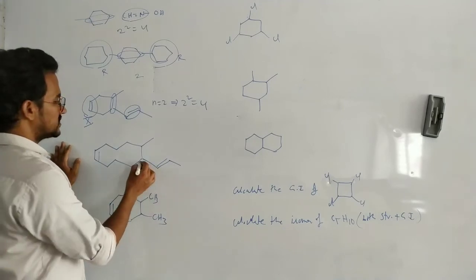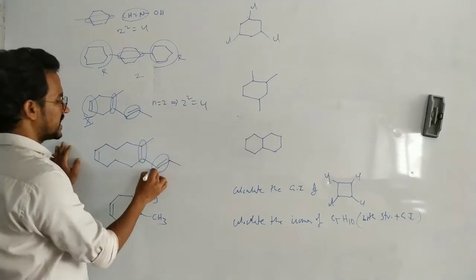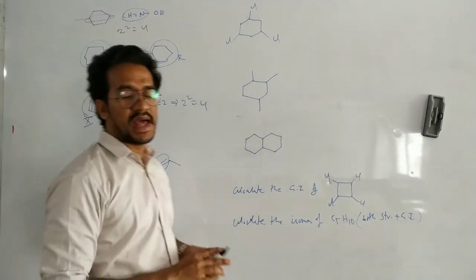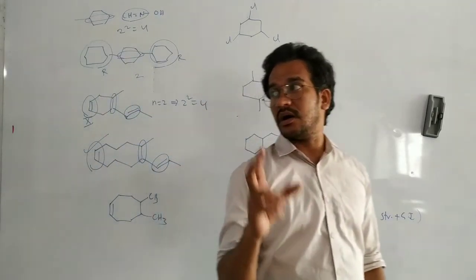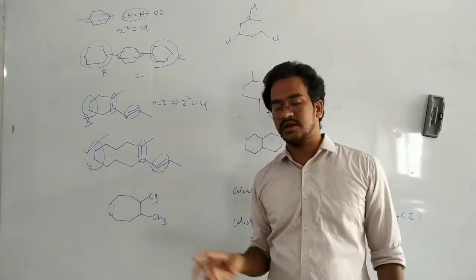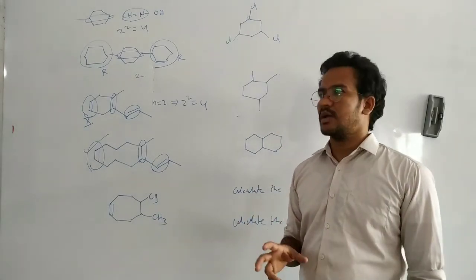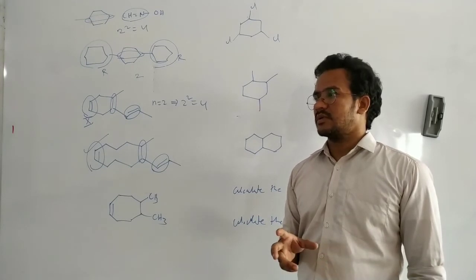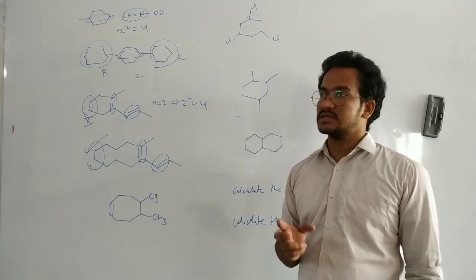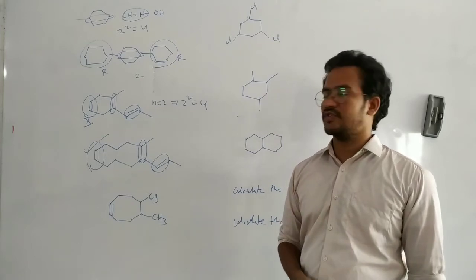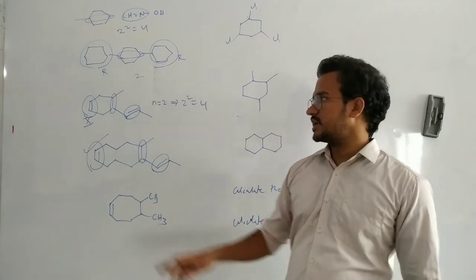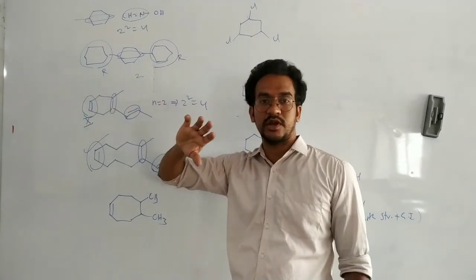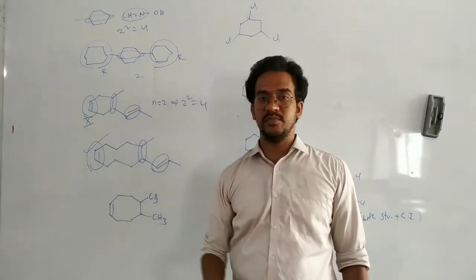Here in this case, one stereogenic center, second one, and here this can be counted because that has 10 carbons. In larger ring alkenes, across the double bond geometrical isomerism is possible. But up to 7-member ring, across the double bond in cyclic alkenes geometrical isomerism is not possible. That was discussed in a previous video.